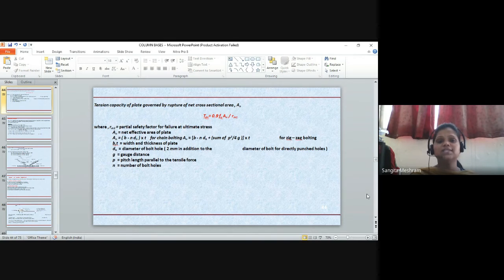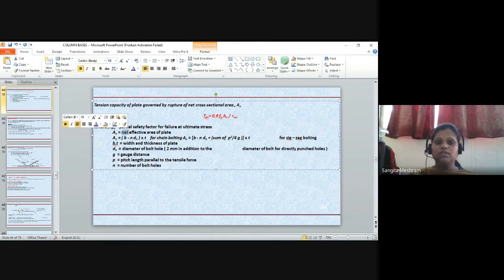When we are using this term net area, that means we have to deduct the number of holes. Okay. If the total width of the member is given and it will have three bolts, we have to deduct that diameter of hole. The bolt diameter is given, so you can find out the diameter of hole. Wherever this net term is used, that means we have to deduct the number of holes. Okay, just see the formula. How will you find out this net area? B is the width of the member.